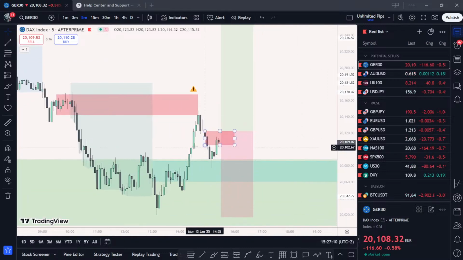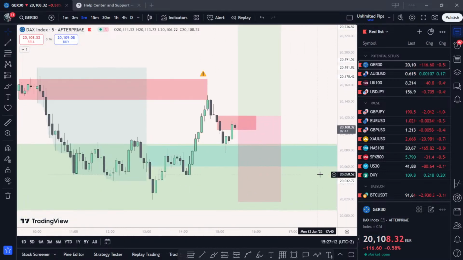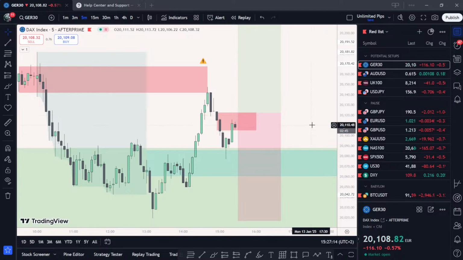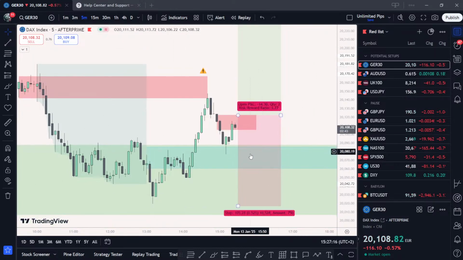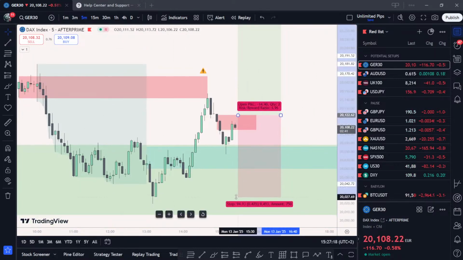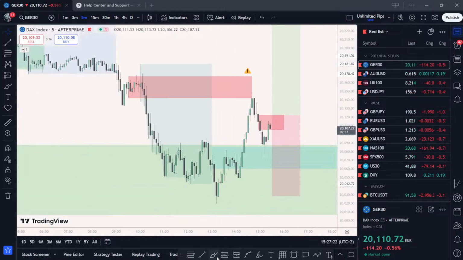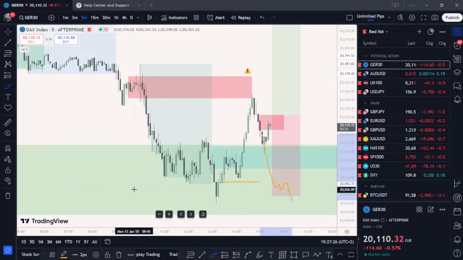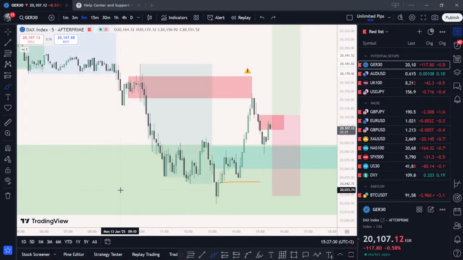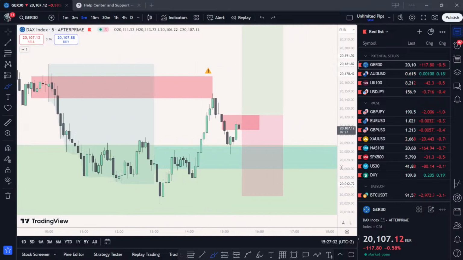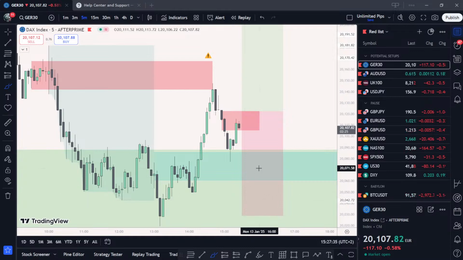So we'll see if price breaks this high, if price breaks this FVG right here. But again, stop loss is gonna be pretty big, so most likely I'm gonna place it below this low, because if price comes down towards these lows, it probably will invalidate our trade idea. So we'll see. But for now, we're looking like we're respecting that FVG, so no entry yet.